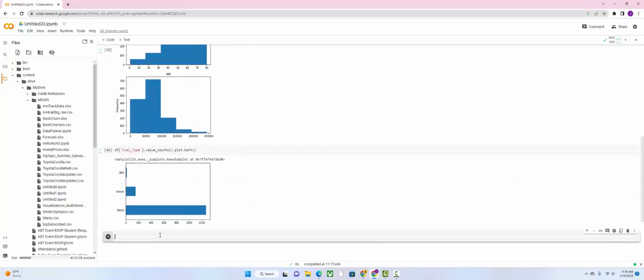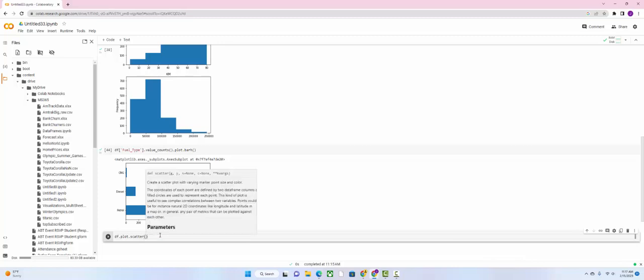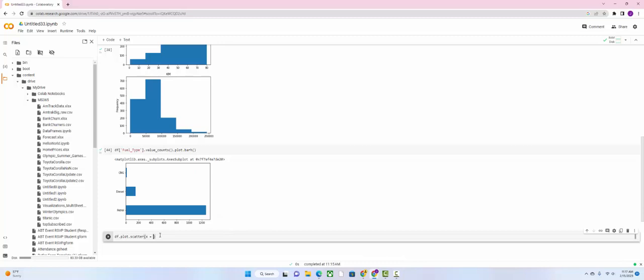So as you know from your reading, a scatter plot is a really good way to look at how variables interact with each other. Your target variable and your predictor variables, for example. So what we're going to do here is create a scatter plot. To create this scatter plot, we're going to go df, and we're not going to reference a column because we're actually using two columns here. So I want to look at the data frame, and I want to use this plot method. From there, I want to use the scatter plot option. And now I'm actually going to have to define the X and the Y. So I'm going to go X equals,